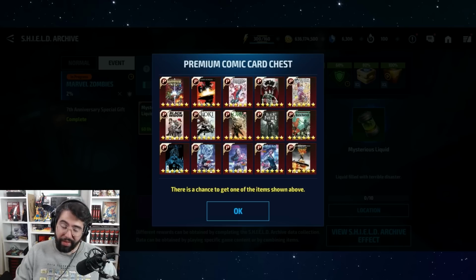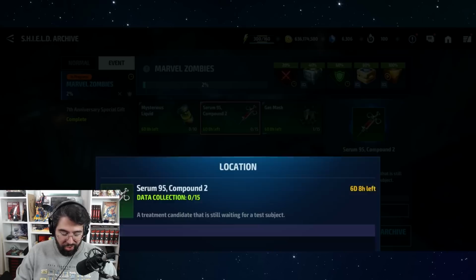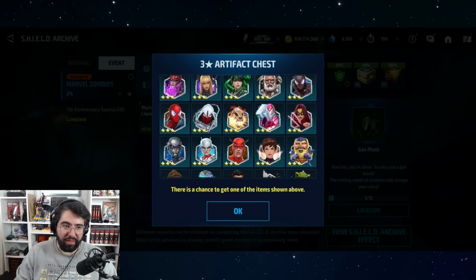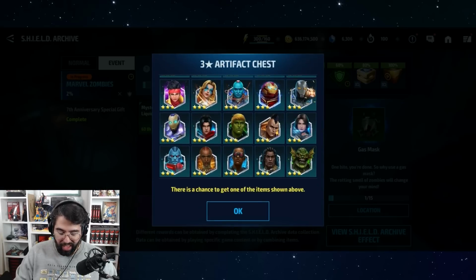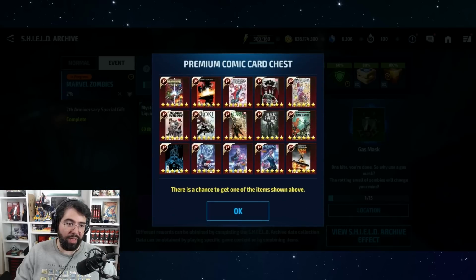So I know I say this a lot, but now is a great time to start up Marvel Future Fight, to spin up the game again if you quit or you're taking a break, because this Shield Archive is super easy to do. You just farm story mode, dimension missions, and dispatch. You get yourself a free artifact. You get a 3-star artifact, random artifact. You get a random Odin's Blessing, and then you get a random P card. And it